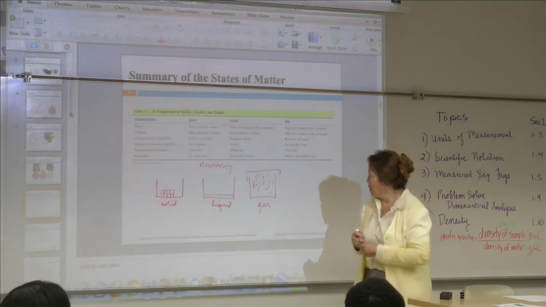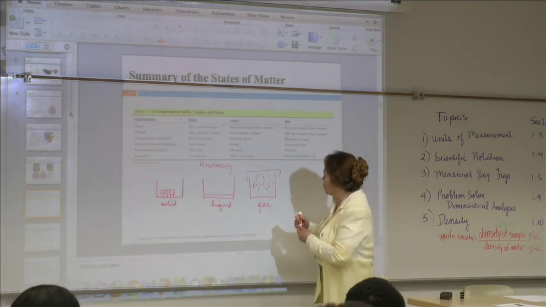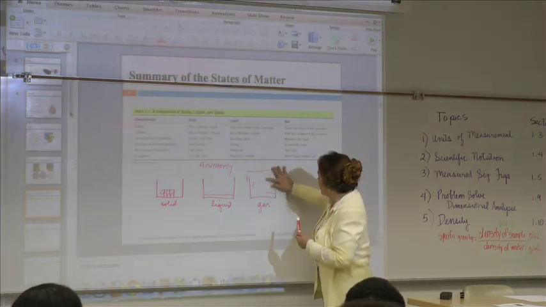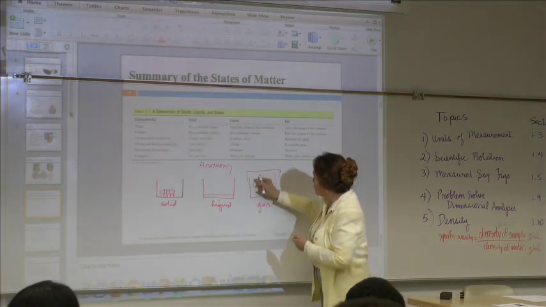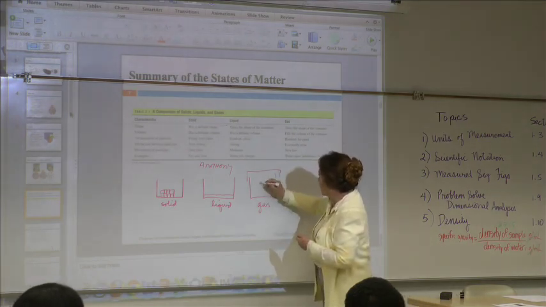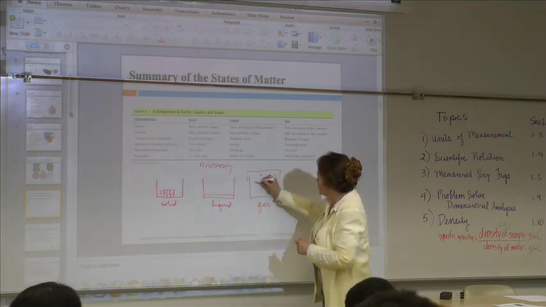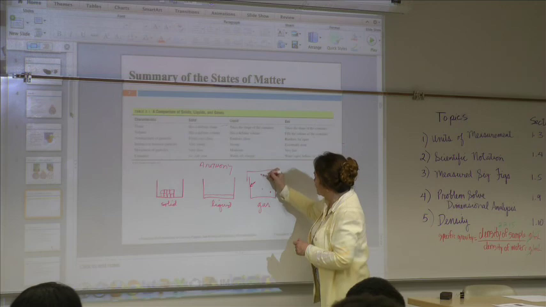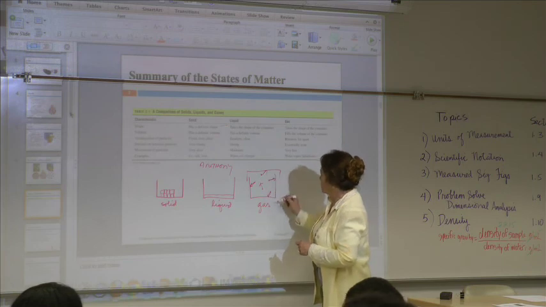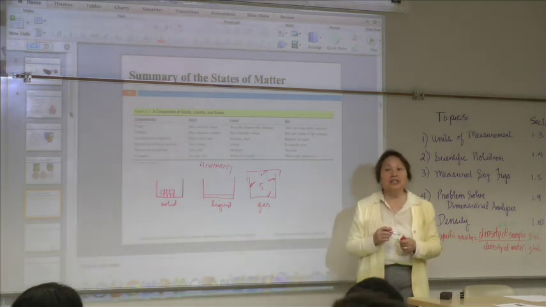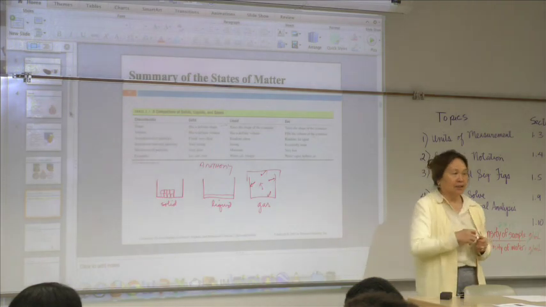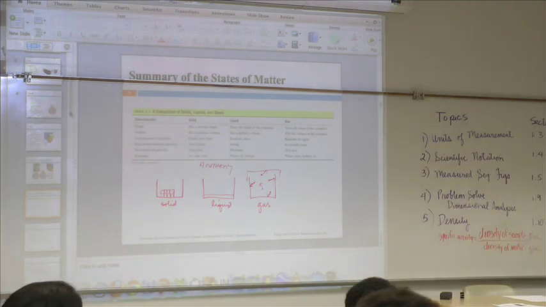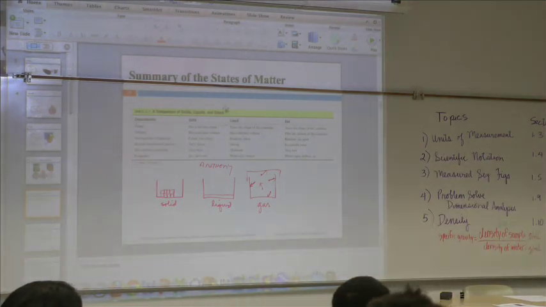So the schematic they like to show with this is, once again, we're going to put maybe 4 dots, 1, 2, 3, 4. They're going to be moving really fast all over and maybe even collide with each other too. So when you think of solids, liquids, and gas, you will want to